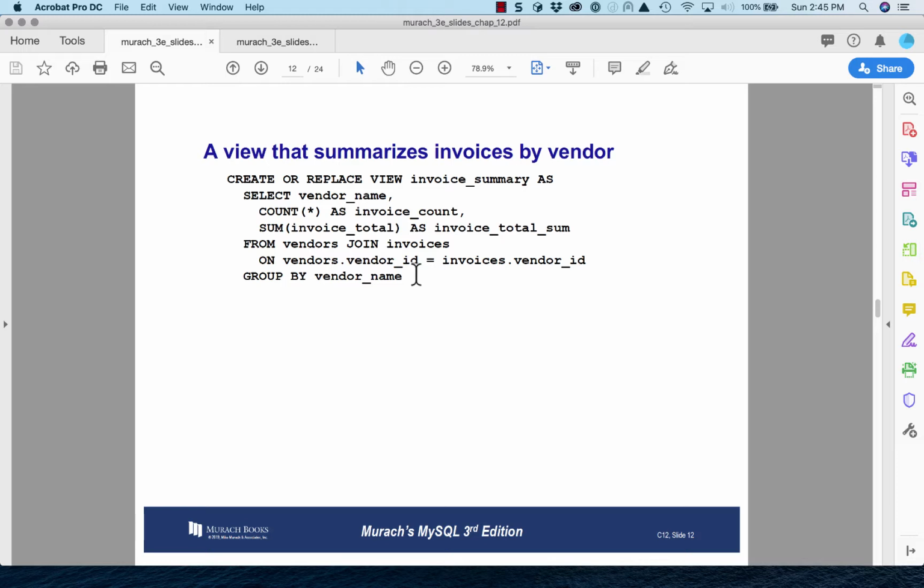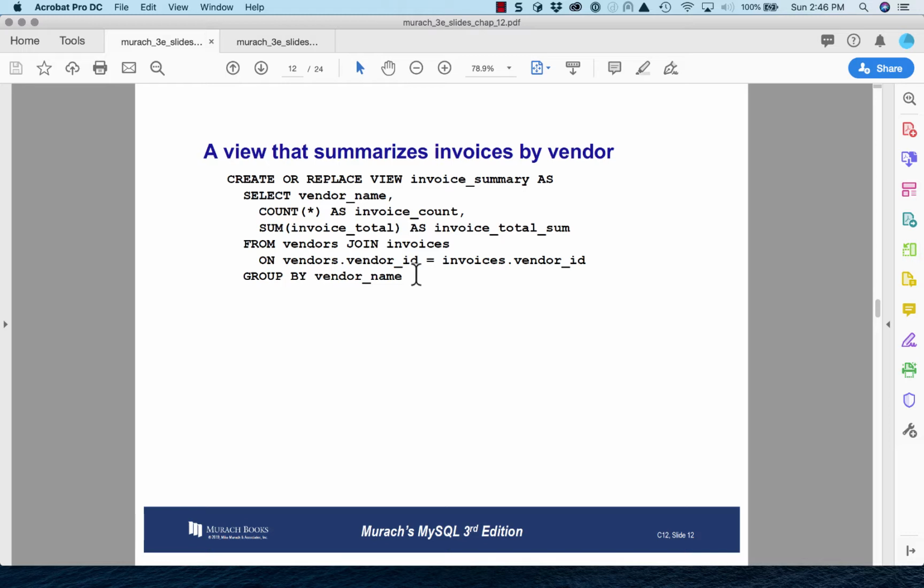The third one is there are times when you want to have kind of levels of summary. Okay, so you can have a summary by vendor. You can have a summary by sales region. You can have a summary by this, and then you can come back and either create reports that show the totals, or again, you could go all the way back to the detail line, and you could take that and join it to the summary view or views, and you could show, for instance, a particular invoice is